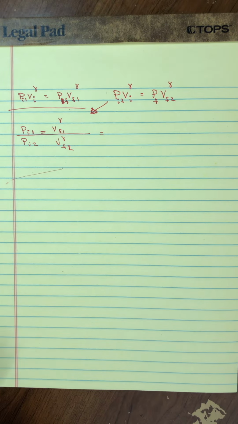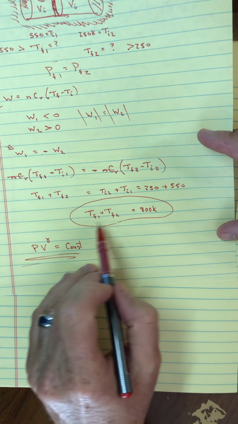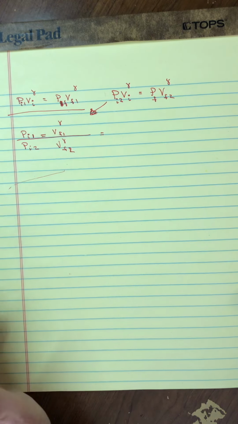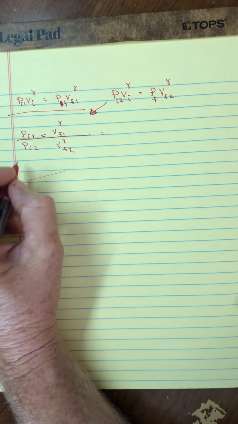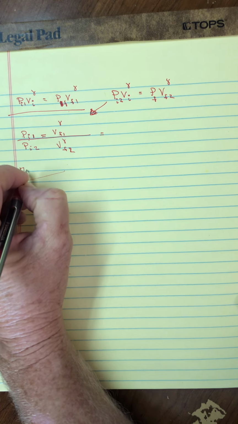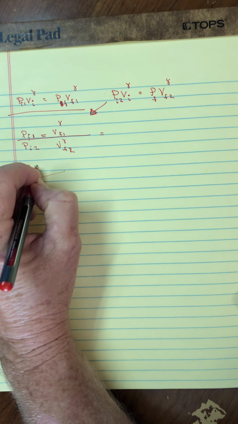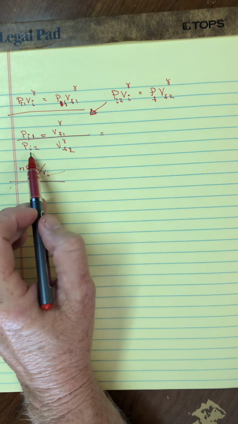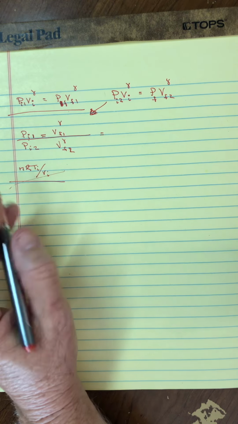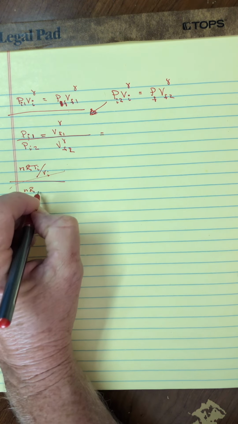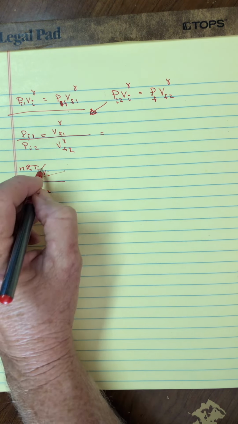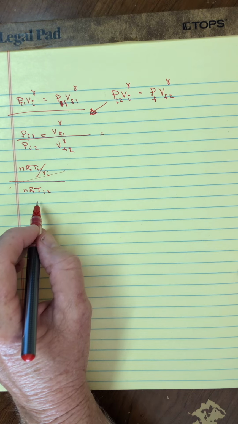Now, here's where I could take this a step further. As I said, we really want this in terms of temperature because we do already have one equation with the 2 unknowns in it. We would like to find another one. So let's look at the initial conditions. Using the ideal gas law, the initial pressure of number 1 would be nRT initial over volume initial. And we could rewrite the initial pressure of number 2 as nRT initial number 2,